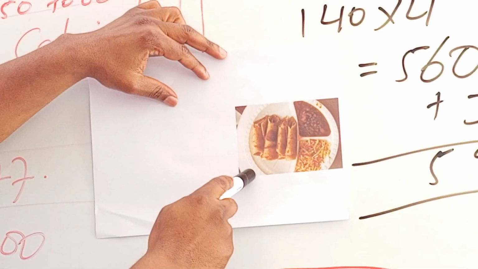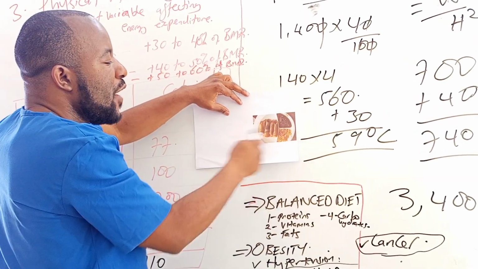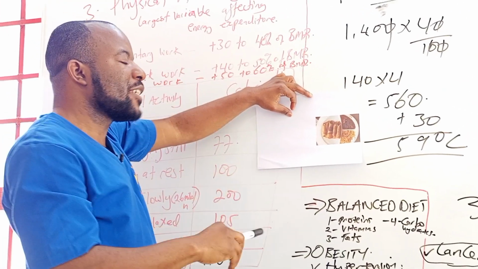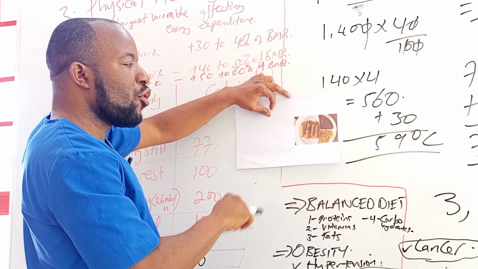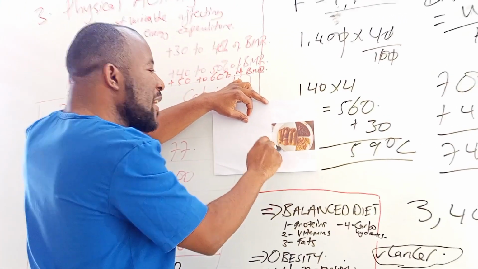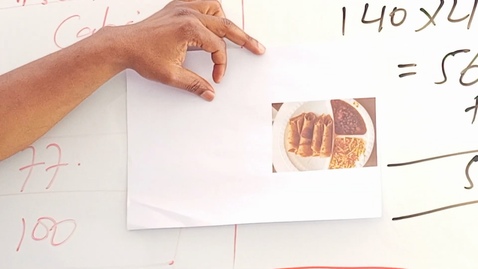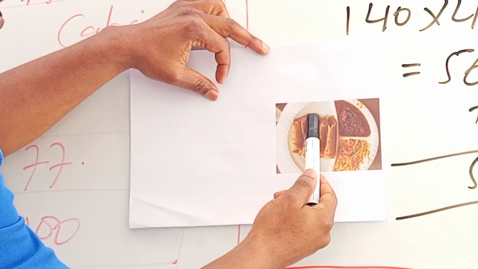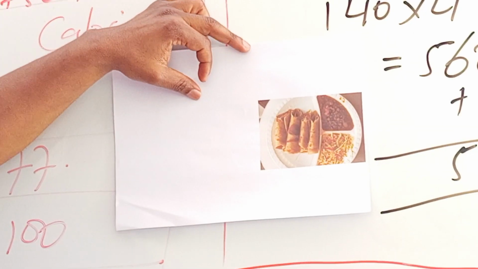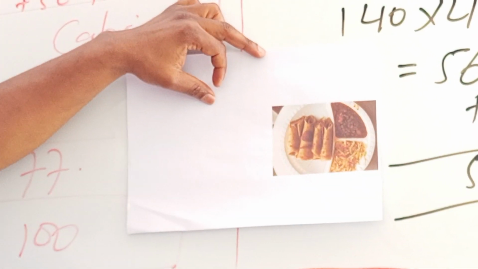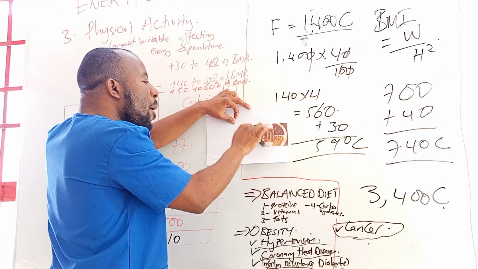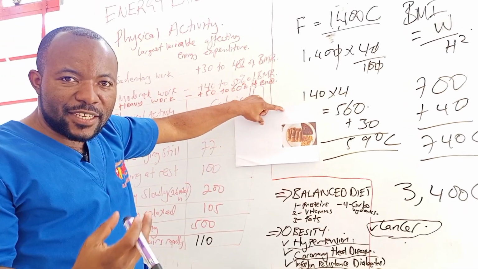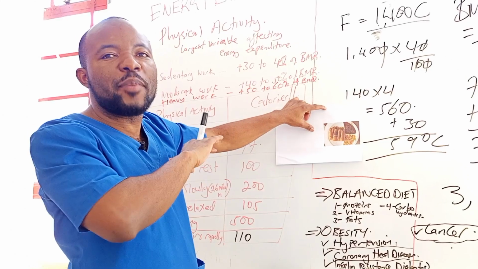If he eats like this, and this is the idea behind the dividing of plates. These plates that are divided, they're trying to give you an idea of what? Of a balanced diet. But still there's a problem here. Although he has tried, this bigger region is supposed to be occupied by protein, not carbohydrate. So these beans are supposed to fill here, and these carbohydrates here. You don't squeeze them there, you just put enough. So more beans here, then vegetables, then chapatis here. Then that is a diet that respects thermogenic effect, and you're going to be healthy.